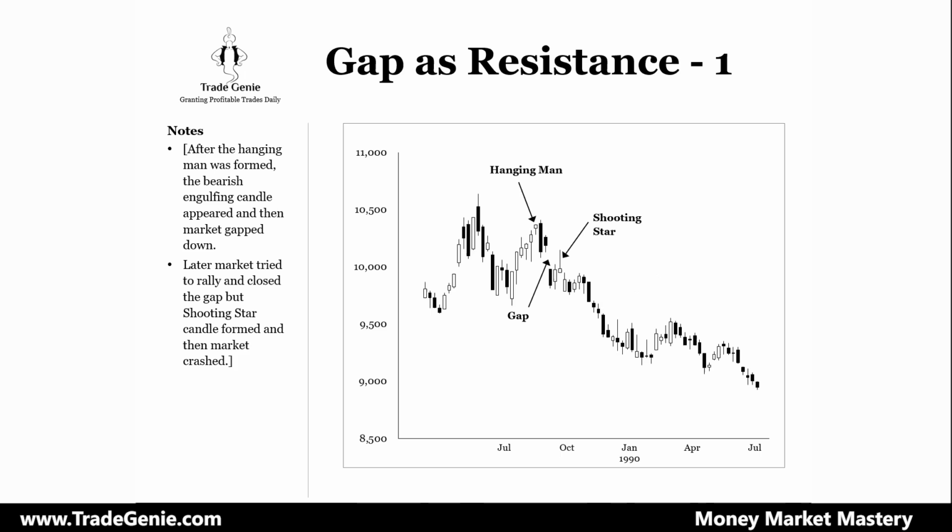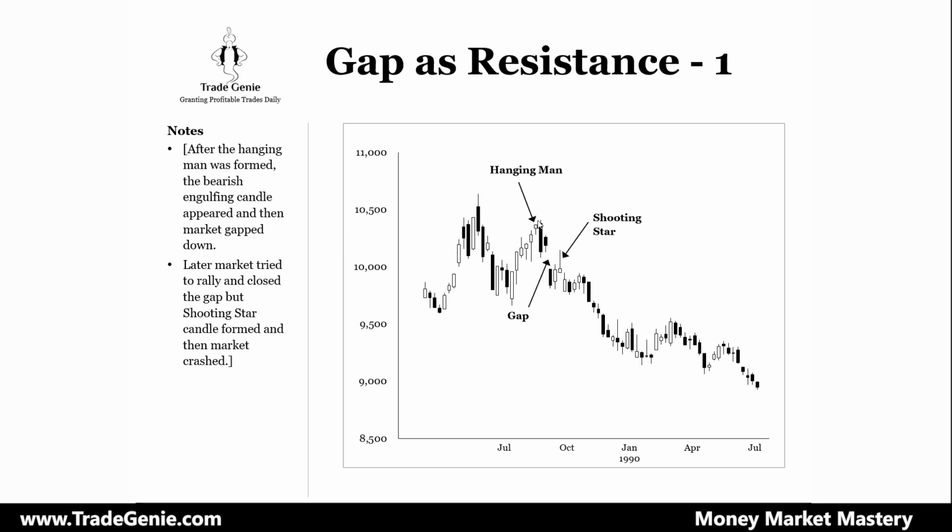So do that. Here's the example of a gap as a resistance. Whenever the market gaps down, it creates a resistance. So on the way up, it will meet the resistance because there are some sellers waiting there. They are regretting. They did not sell at that price from where the market gapped down. So they have a regret and they want to sell at that price. When the market gaps up, they have regret not buying it. So they have a buy order there. So the regret is playing a role.